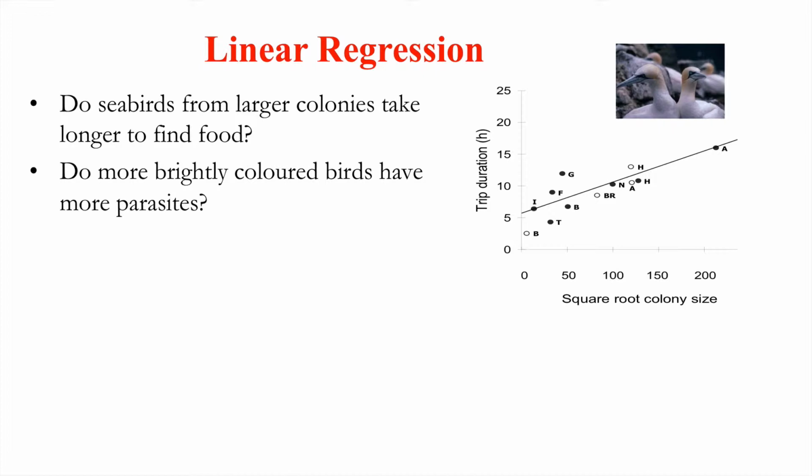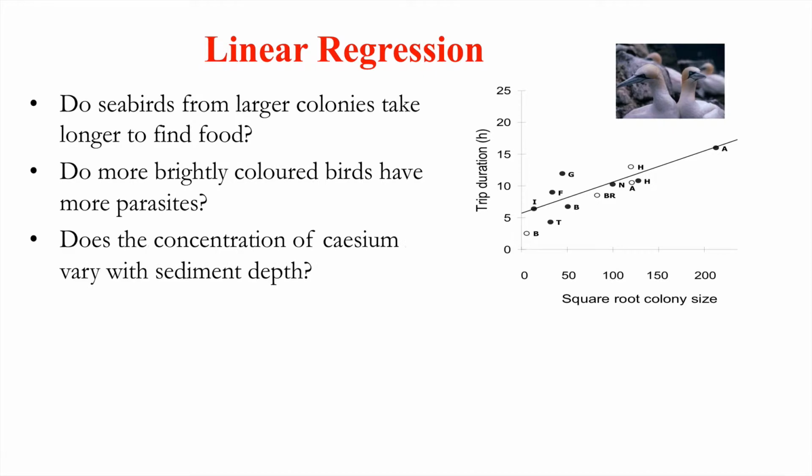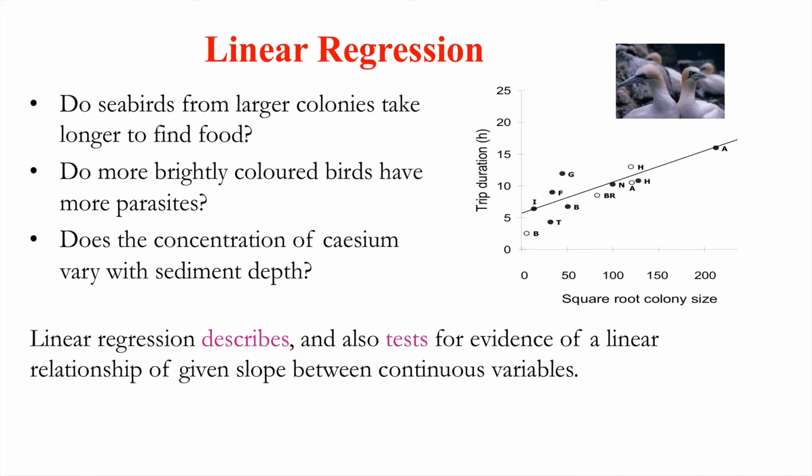We could ask, for example, do brightly coloured birds tend to have more parasites? Or does the concentration of cesium vary with sediment depth? Linear regression describes relationships between continuous variables, but also tests for evidence of a linear relationship of a given slope, particularly of a zero slope. Can we reject the null hypothesis that at population level there is no relationship between, for example, trip duration and